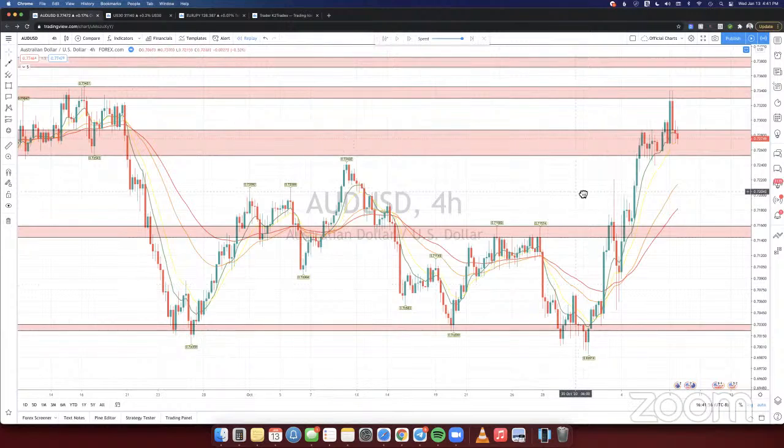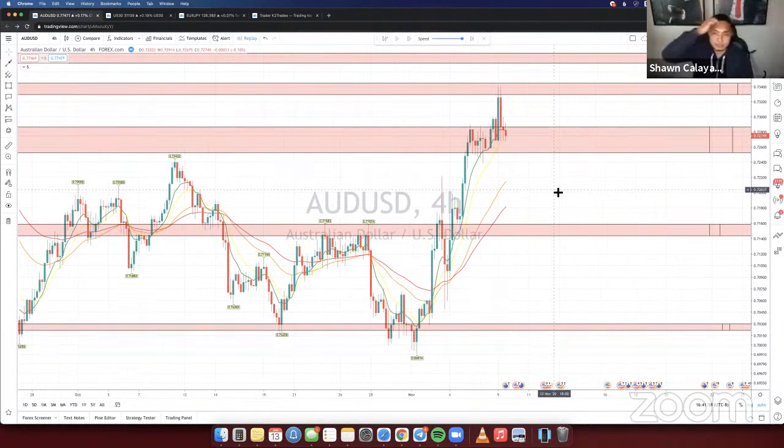So, there's a lot of ways to apply it. It just really depends on how you want to apply it, right? Because like I mentioned, you could do it where you're rejecting off the zones, or where it's rejecting off the pivots, or where it closes below the pivot and swings back up. There's literally a million ways to do it. It just really depends on how you personally would want to do it.